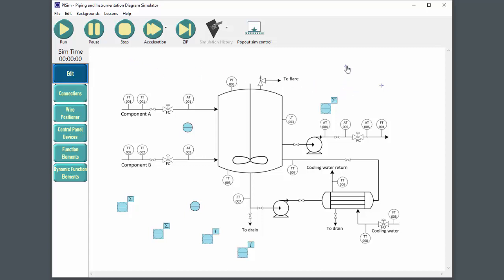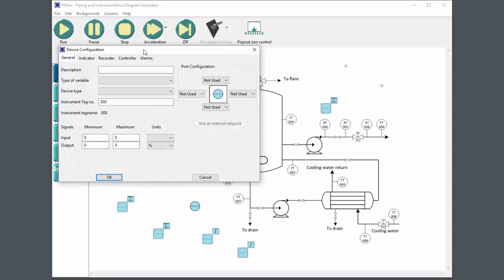We've already looked at how we edit the wire positioner. Really the only thing we can do with this, as far as configuration is concerned, is change the direction the thing points in: up, right, down or left. So it can only point in the four directions. All the other elements though we can actually do a whole lot more configuration, so let's have a look at the discrete device. Okay, so if we press the configuration button on this one, you can see that a new